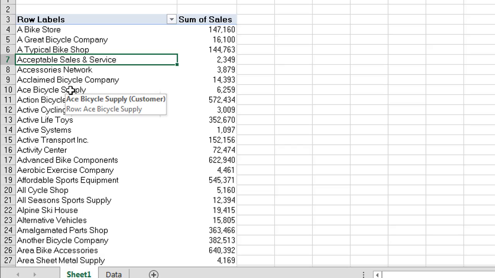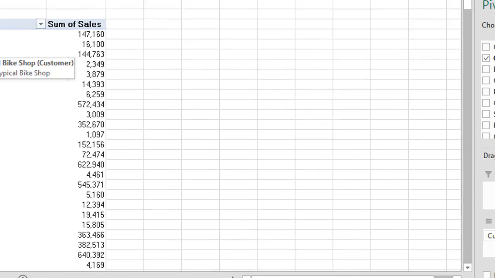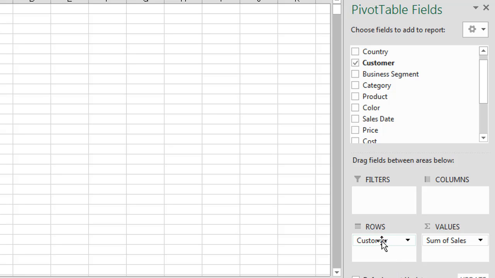But hopefully you can see here, it's very quick and easy to create easy reports in terms of asking questions about data. So we've just done a couple of quick ones. We've used sum of sales by country, or by customer. If we didn't want to use sum of sales, let's say we wanted to know what is our total profit by customer. We can keep our customer field in rows, and this time we can take sum